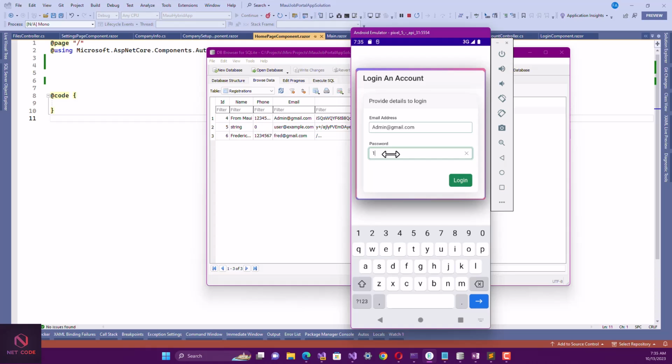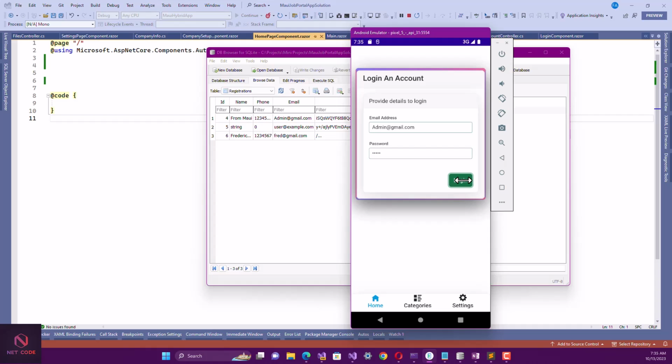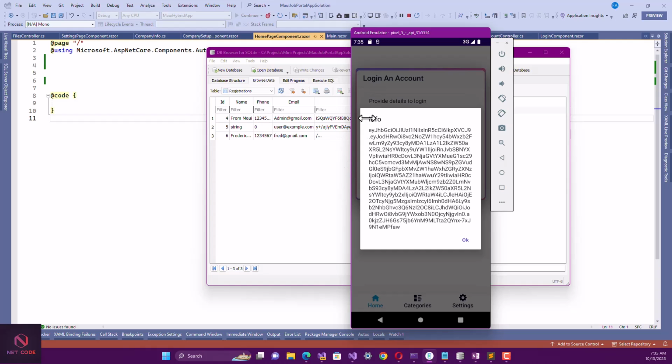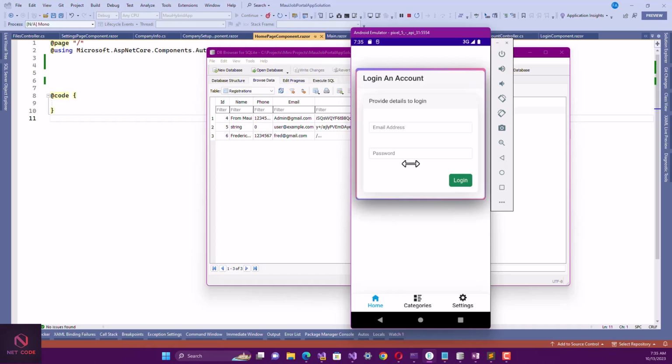So 1, 2, 3, 4, 5. Okay, let's try this too. Because the passwords are encrypted here, I can't see the real password. Alright, so that is the password. Now we also see the admin token. Alright, now with this admin token, as soon as I click on okay, you see it has to refresh